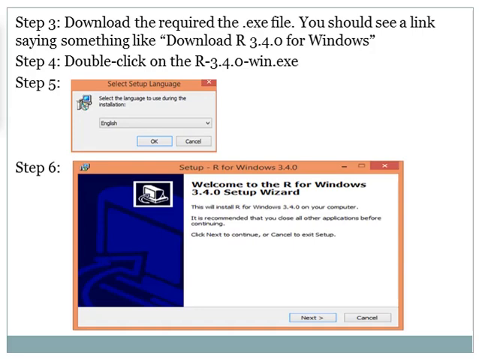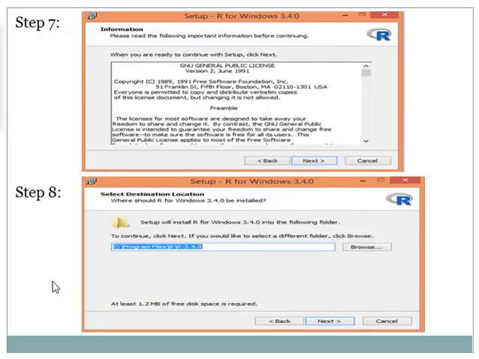Next, double click on the icon of the file to run the setup. On being asked what language to choose, please choose English. The setup wizard will appear in a window where we need to click next to proceed with the setup. The next page on the wizard will show information on the top, and please click next to continue with the setup. The following page will ask to select the destination location where we want to install R.